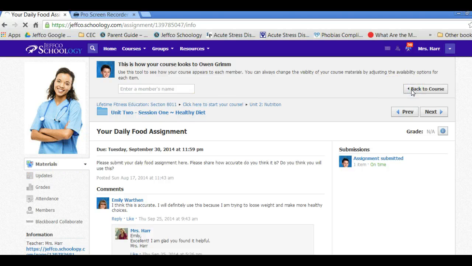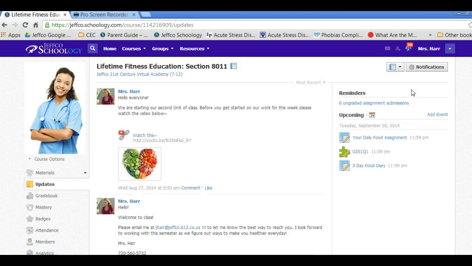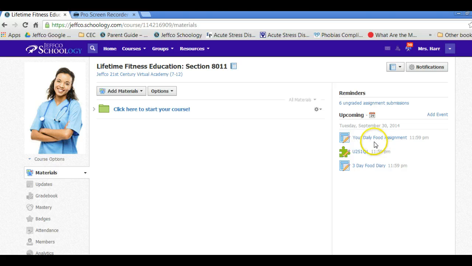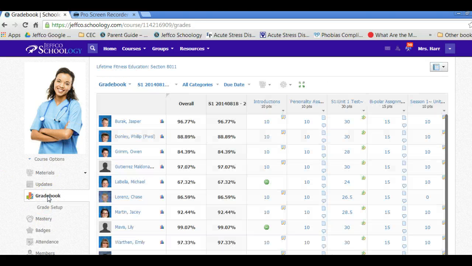Let's go back to the instructor view. If your homebound teachers are being instructors, most likely they're going to co-teach. So they're going to have this view, the teacher's view, in addition to the teacher that's teaching the course. They'll be able to go into the materials and check everything out that the student has due. They can look at the grade book for the student. They'll click here, and you can see the grade book of what their students are doing.